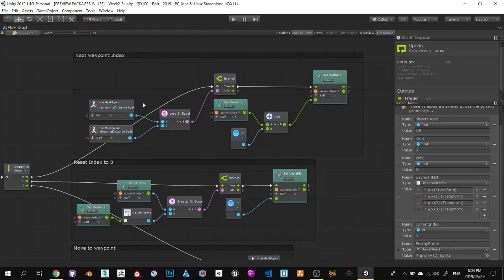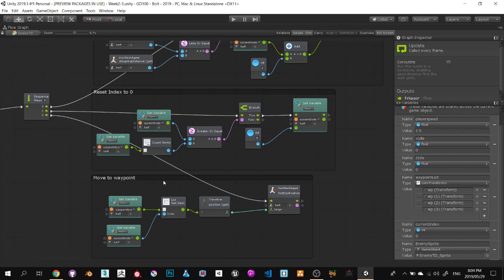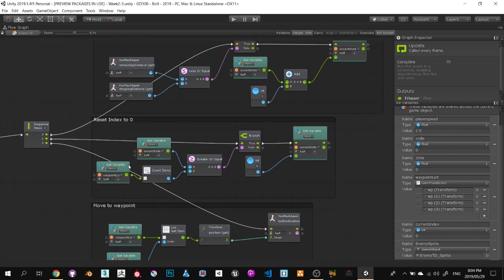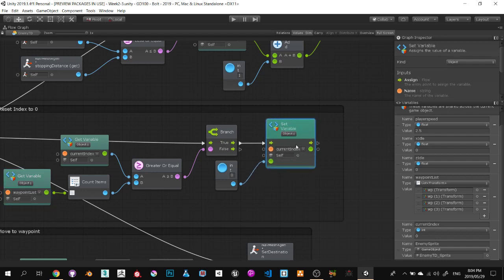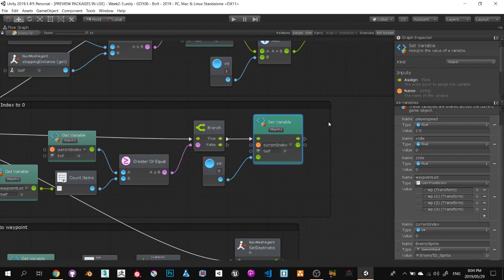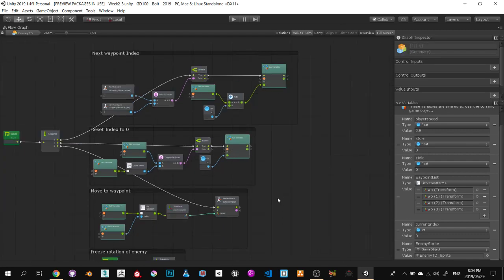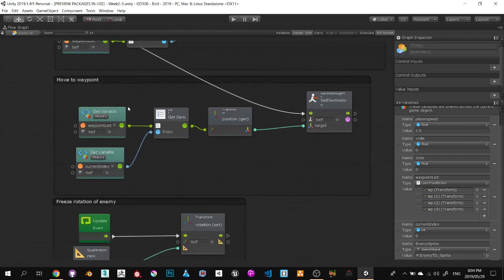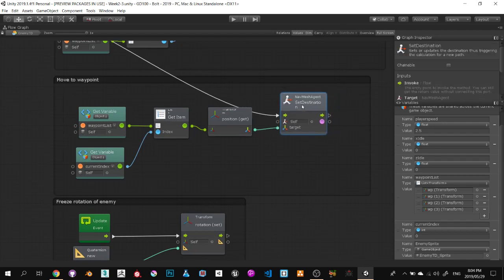So this top section here is saying that once you've reached your location or your waypoint, add 1 and go to the next waypoint. And then this one is just checking that once the current index is equal to or greater than the amount of items in this list, reset it back to 0, and then basically go back to 0 and start all over again. That's all we're doing in this system here. So all the movement happens down here where we move to the actual waypoint. Over here,